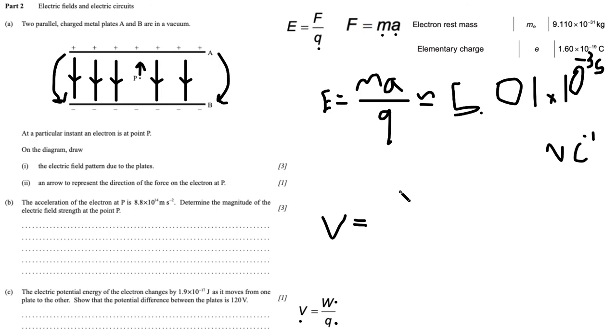1.9 times 10 to the negative 17 divided by 1.6 times 10 to the negative 19. And we're going to get 1.18. Oh, wait, one second. I need to type that in one more time. 1.9 times 10 to the negative 17 divided by 1.6 times 10 to the negative 19. Yep, and we get 1.18,